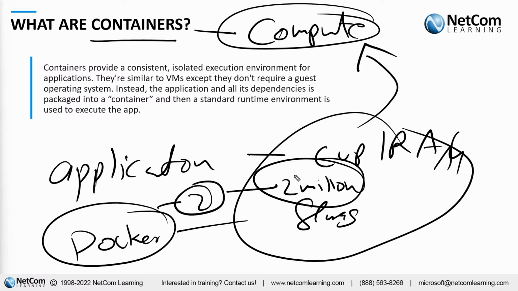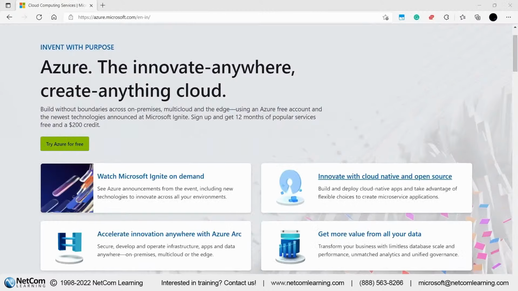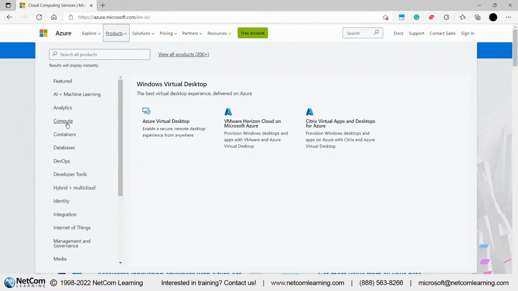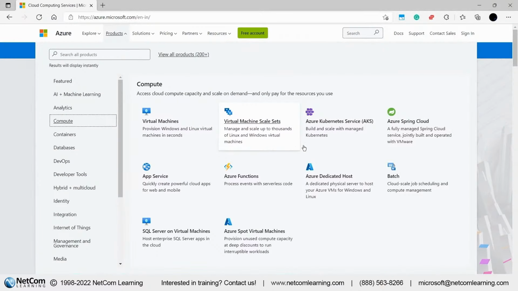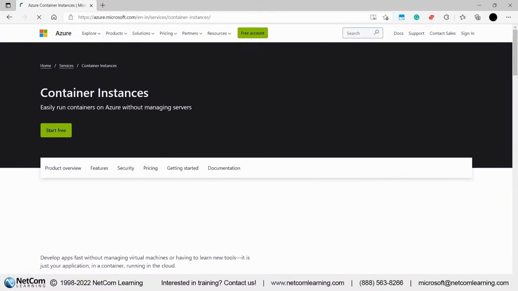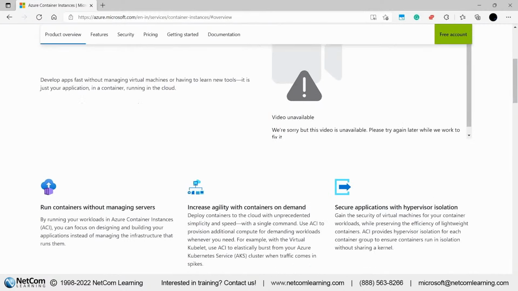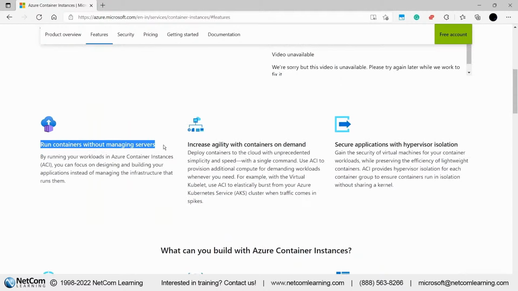So Azure says, don't worry about that. I have got a service for you which can eventually help you with these containers. If you go to the Azure products offering and look at the compute section, you will see that we have the container services there. And you can see we have container instances as a service, where you don't have to worry about Docker, its installation, anything behind the scenes. All you have to do is just run the container. So you can say, run the containers without managing the server. I don't have to really worry about any of those objectives, and that's the beauty